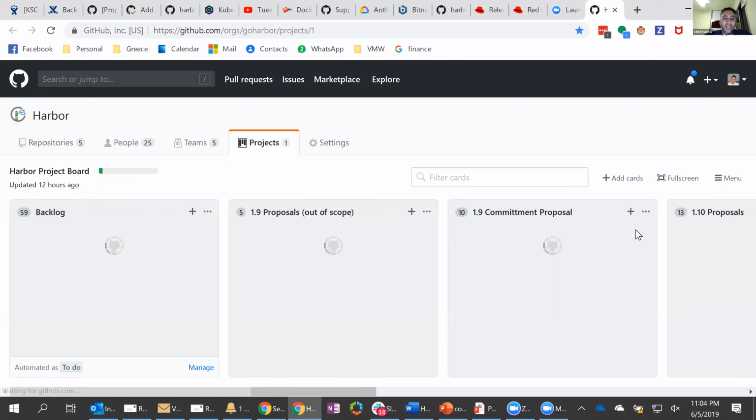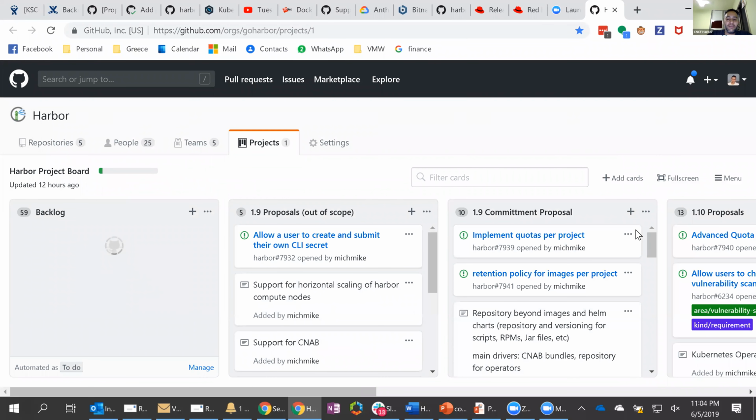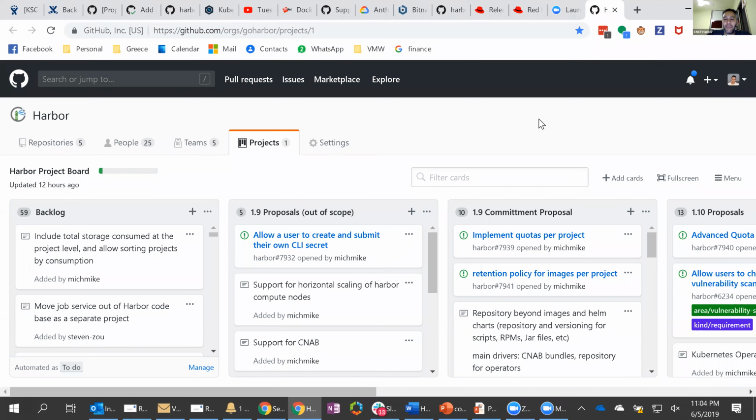And at the high level, Nathan is already aware of some of these items since he was participating in the maintainer track that we had, where we kind of discussed our big investments, made sure that everybody was aligned with them, as well as made a couple of calls to action so that folks that have bandwidth and resources available are able to come in and contribute. Obviously, the same call goes here as well. If anybody is interested and has time to come in and help us, please feel free.